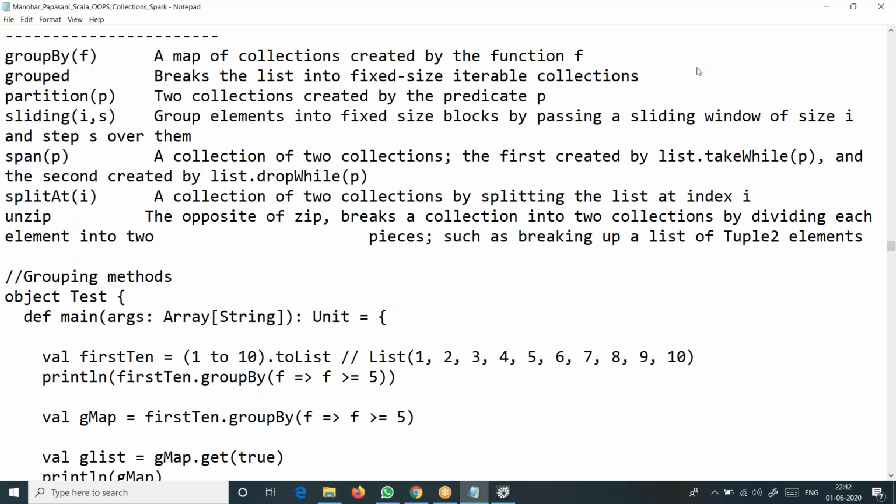Soon we'll start Spark also. It's more interesting because we are applying our Scala in Spark, and that's definitely much more interesting for us. So from tomorrow we have more work for practice.